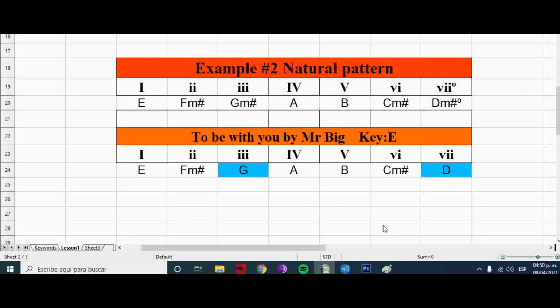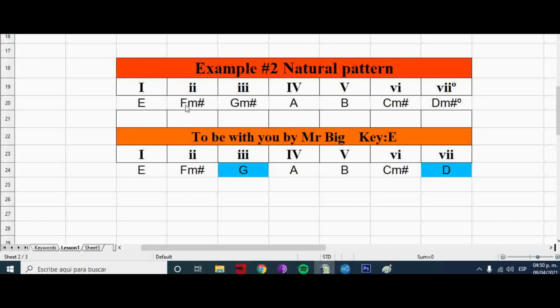And now look at another example. Look at the example 2 with a natural pattern, with a model we have learned. 1, 2, 3, 4, 5, 6, 7. Okay, in this case with the key of E. We begin with E, then in order to have two semitones, you have to transpose, you have to convert,